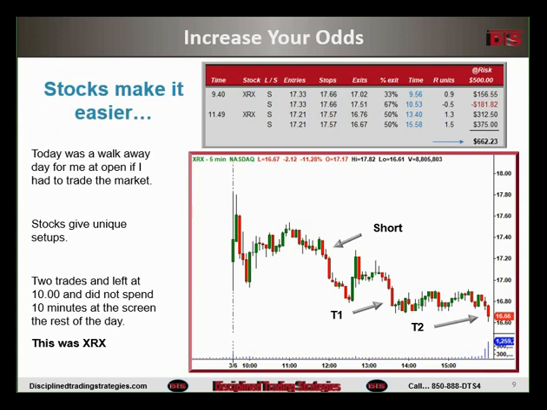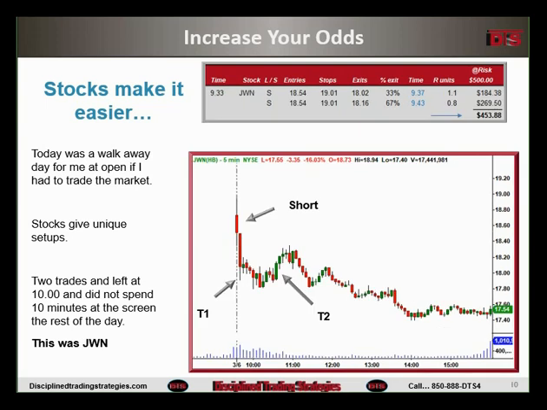So I put them on here for you just to show. I did this really quick, so I hope I didn't screw this up. Actually, the other one was first, right? Yeah, JWN was first. And again, it was what I call a tier 2 gap. I didn't love it, but part of what goes into trading a gap is the entry you get. I got the right entry, just what I wanted. It wasn't ever going to be a home run. And I didn't make a killing on this. I think a couple of you in the room did.